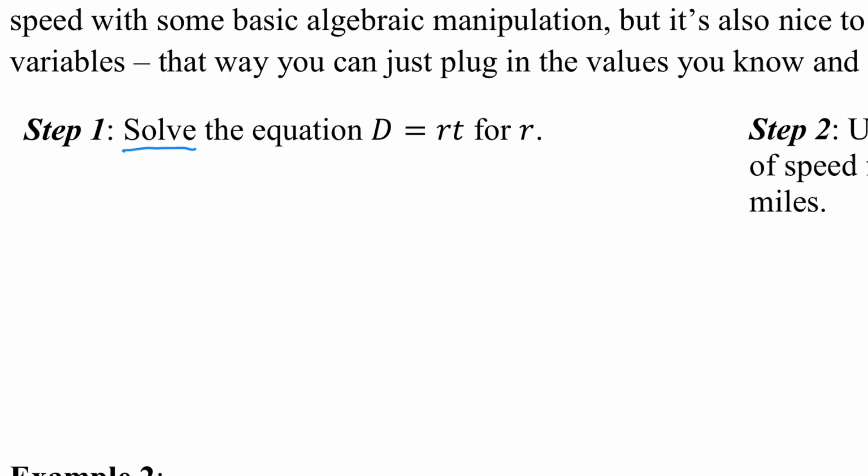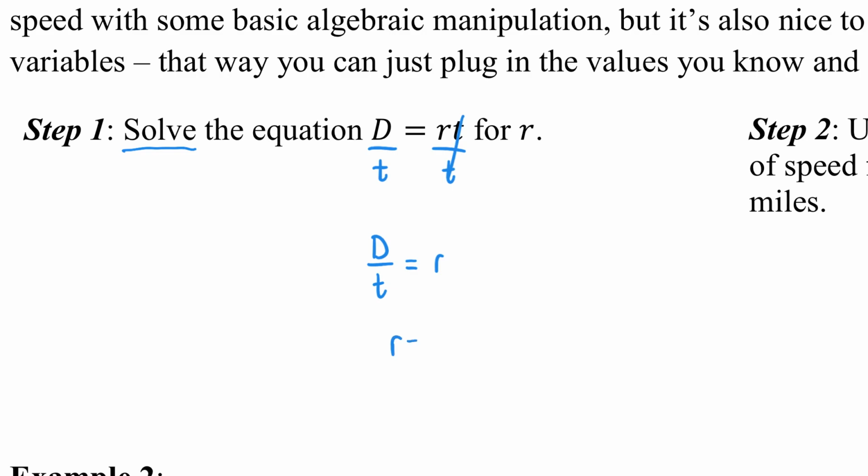So if we're solving for r, if the goal here is to get r by itself in this equation, what do we need to do? t is the only thing that is preventing r from being by itself. And what is t doing to r? It's multiplying. So we're going to divide by t on both sides. So when you do this, you get that d divided by t is equal to, those t's cross out there, t divided by itself is 1. And so what you get is that the rate, r, is just the distance divided by the time,